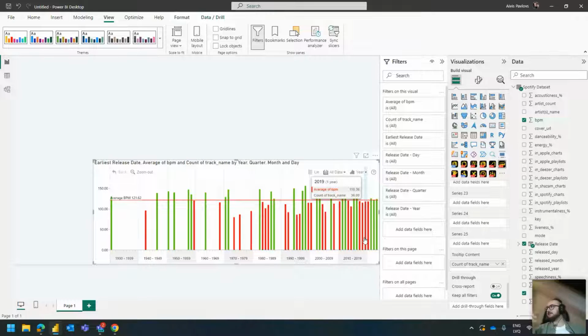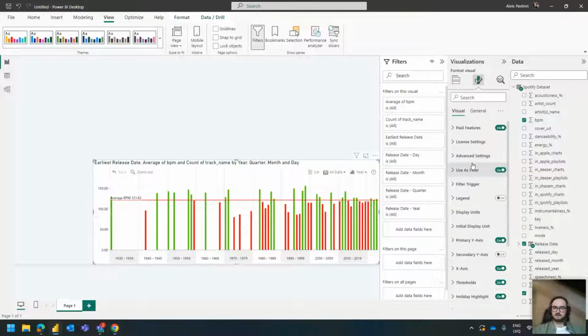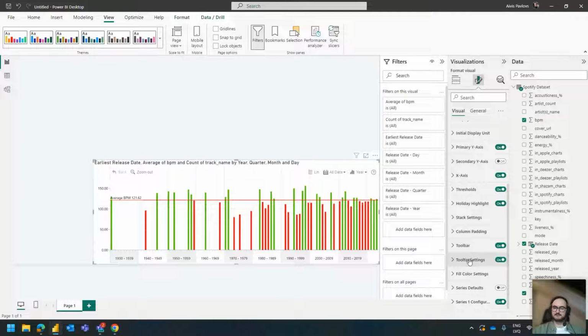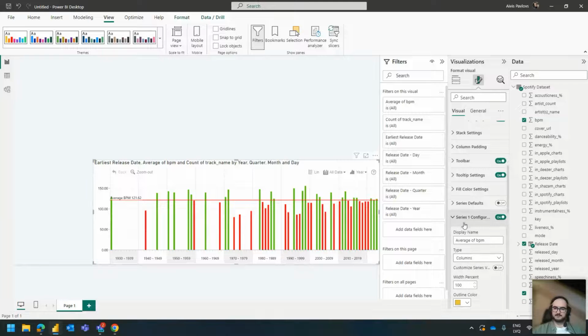But always remember, think about the logic behind it, right? Are the numbers calculated based on the unique values? Or are they being generated based on all the possible values that you have there? So it's just something to keep in mind there. Now, one other thing that I wanted to quickly show is if you go to series configuration